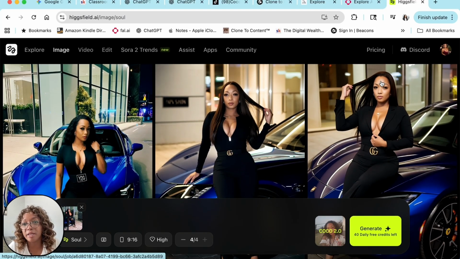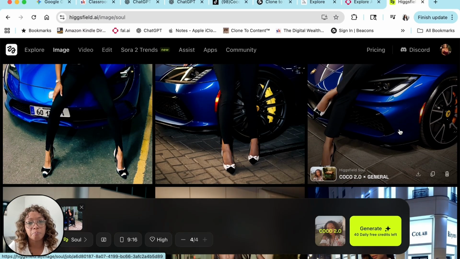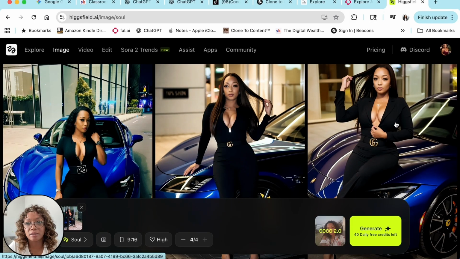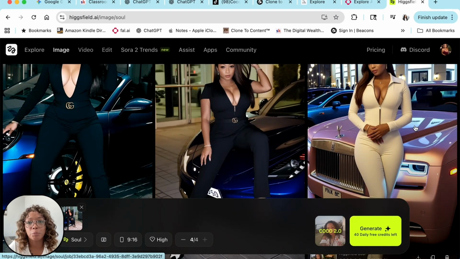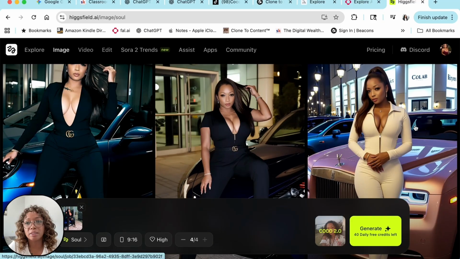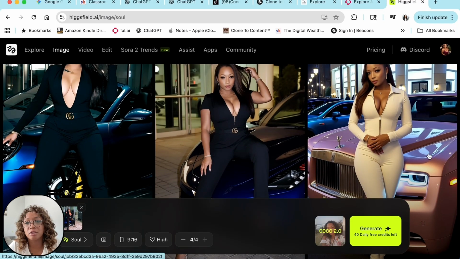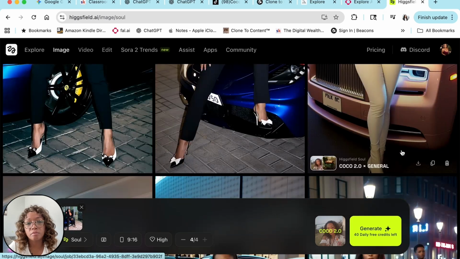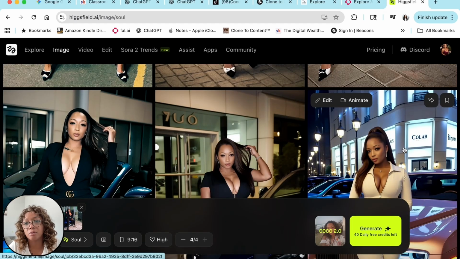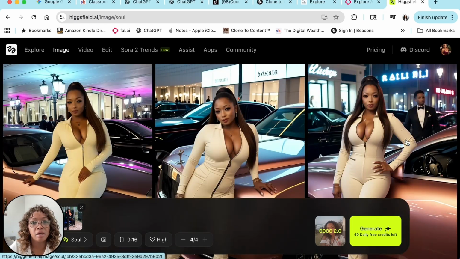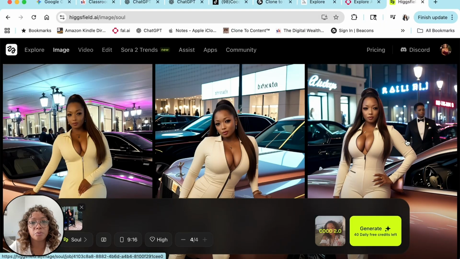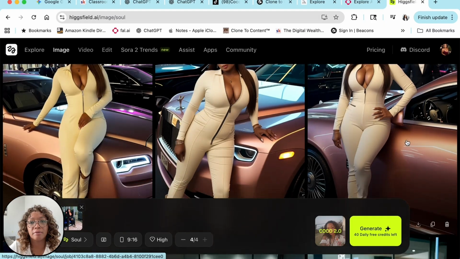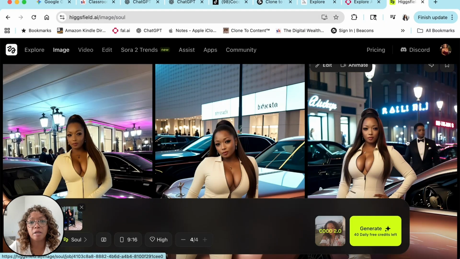I'm amazed, it even has my widow's peak, because I do have a widow's peak, and it put that in every one. It put my tattoo, it's really detailed. So you can see, and I did different colors of Rolls Royce. This one I said rose gold, and I had on cream, you know what I'm saying? I just didn't like my hairstyle there. I don't know why they gave me that ponytail like that. But you just have to be really detailed with what you want your picture to come out looking like. And like I said, ChatGPT helps you with that.